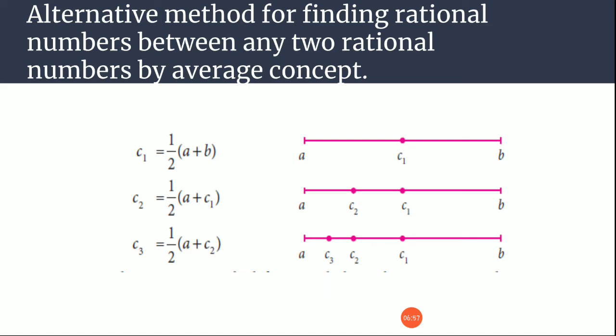Same way, they are keeping this C3 in between A and C2. Okay. So what will happen? Left side A is there and now on the right side instead of C1 we get C2, and then divide by 2, you will get the value of C3. Like this you can find n number of C's, okay, and write the answer.